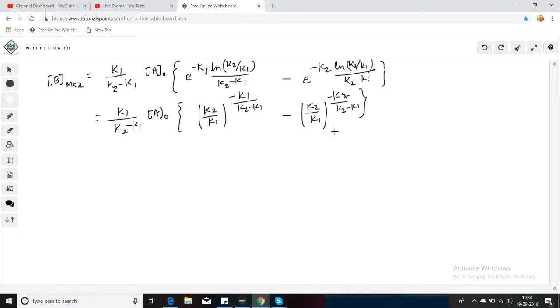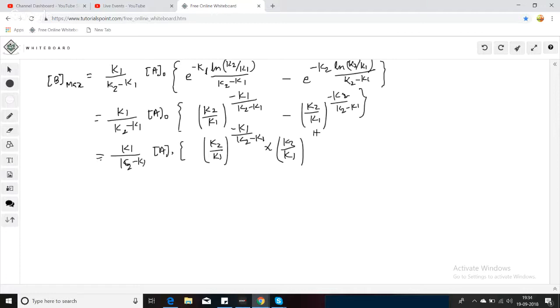Now what you do, this term, we can write this as 1 by this whole term, no? So 1 by this you write down, and then you take LCM of this term. So this term into this you write down here, then everything will get cancelled, you see. K1 by K2 minus K1 A naught, open bracket, K2 by K1 to the power minus of K1 by K2 minus K1 into, we can write K2 by K1